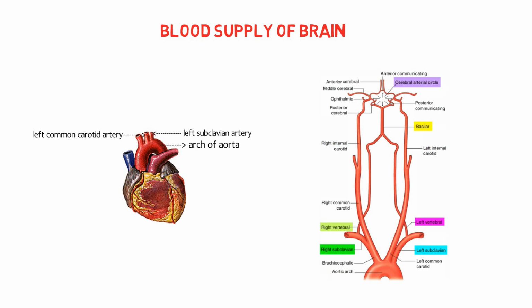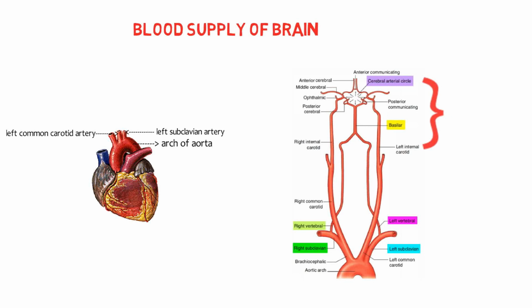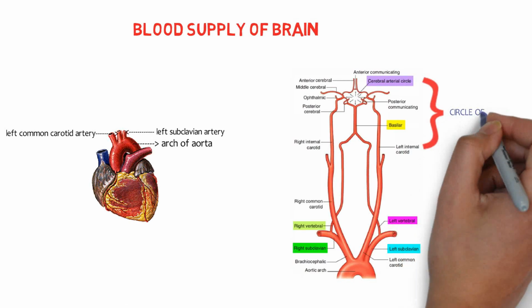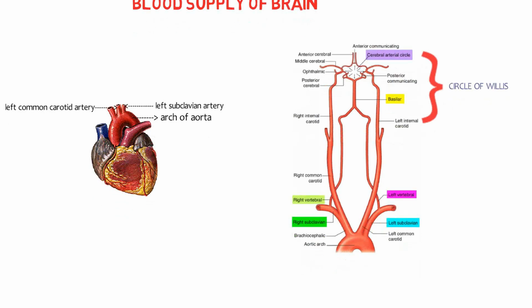And what about the internal carotid artery, which supplies about 80% of the blood? So this is the common carotid artery, which further gives two main branches, that is the external carotid artery and the internal carotid artery, from which the internal carotid artery supplies blood to the brain anteriorly. And don't get confused over this stuff. This is what is called the circle of Willis. And in this lecture, we are going to simplify it. It's my promise. Just stay focused for some time.